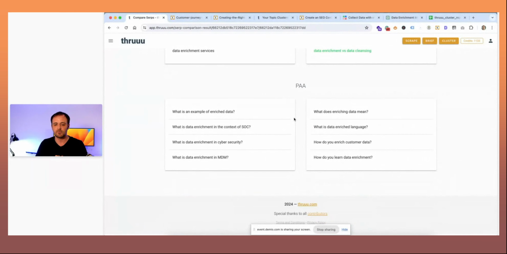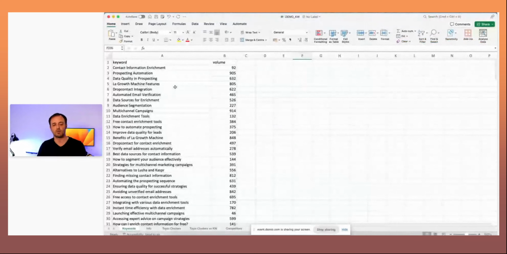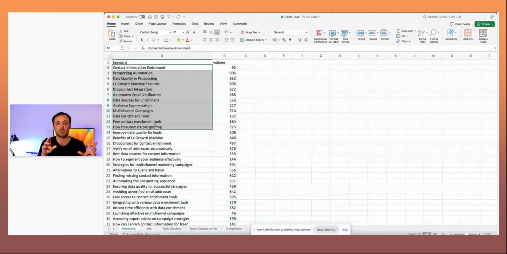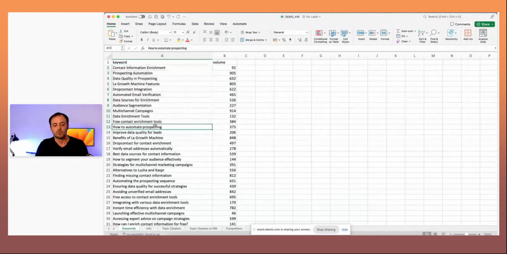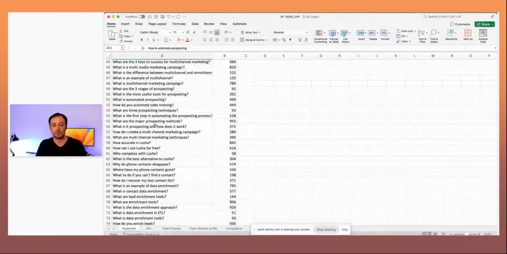So this is a simple way to compare whether two keywords are similar, meaning they display the same SERP. The idea of keyword clustering is that we start from a long list of keywords, and you can understand that it would be complicated to go one by one, opening Google search or using the SERP similarity tool. So to help us group similar keywords together, this is why a keyword clustering tool like thruuu